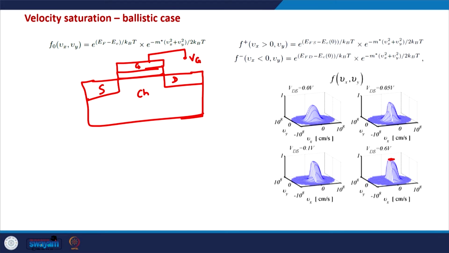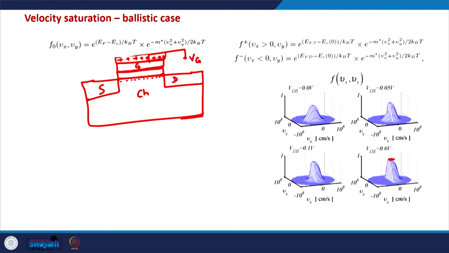As soon as a gate voltage is applied, if we apply a positive gate voltage, we can say that there is a positive charge accumulated on the gate terminal. And generally the channel charge, the negative charge that is induced in the channel because of this positive voltage applied on the gate terminal, depends mostly on the gate voltage